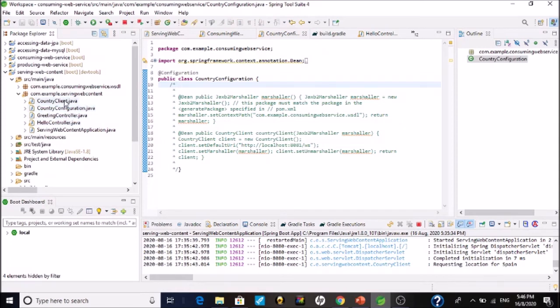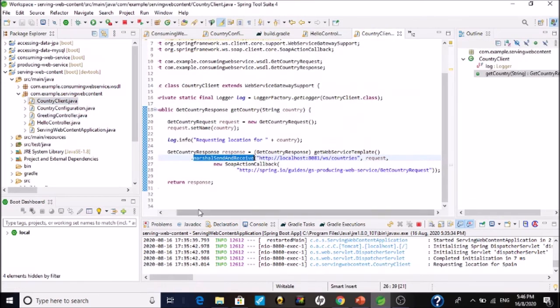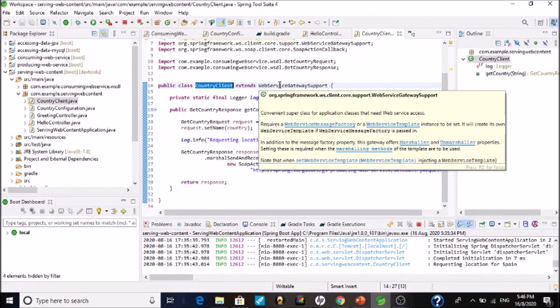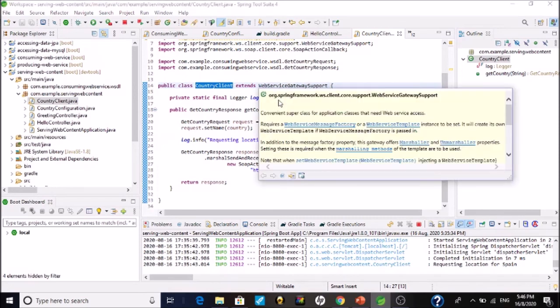To write a web service client, after generating a stub, you need to add a class that extends WebServiceGatewaySupport, which is one of the Spring Framework abstract classes.